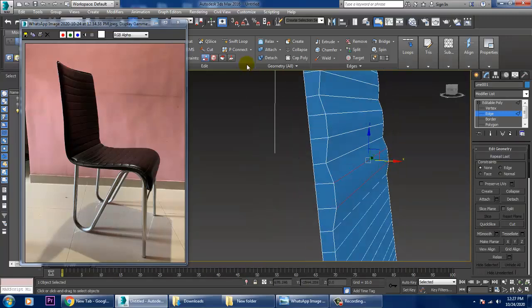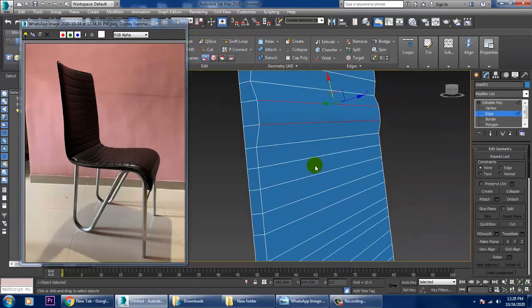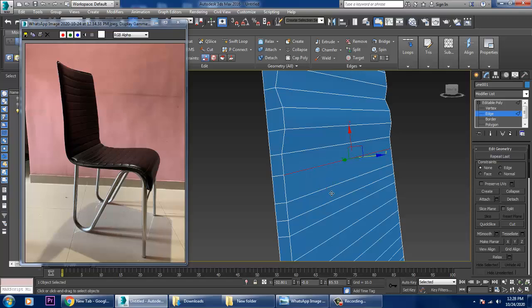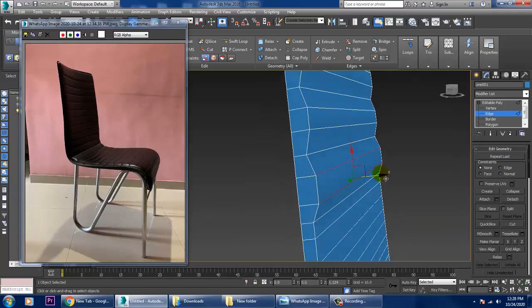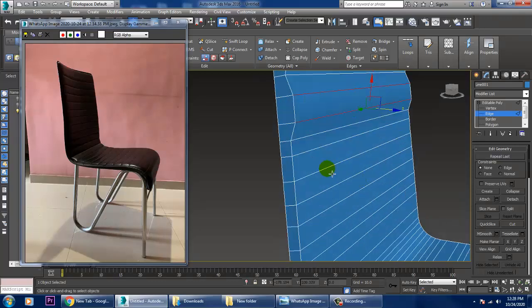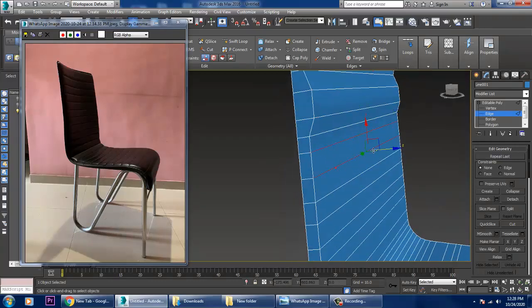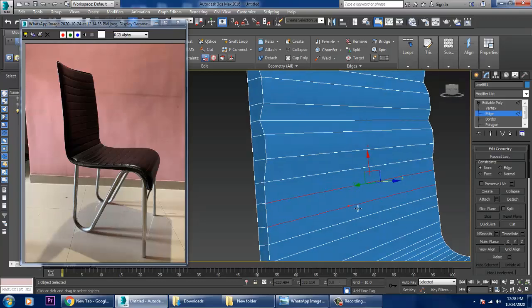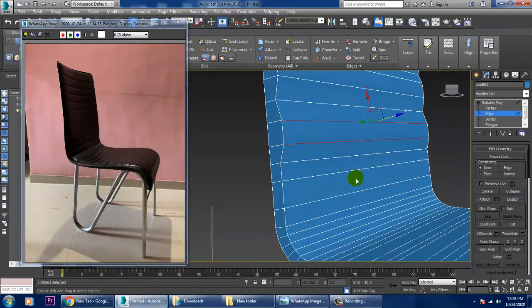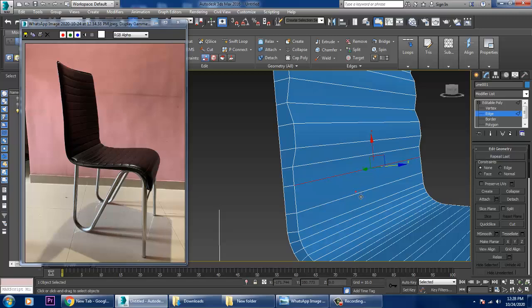What we can do is go into this local, use the axis as local and just push the elements out in that way. Select this again and again and push these elements out.